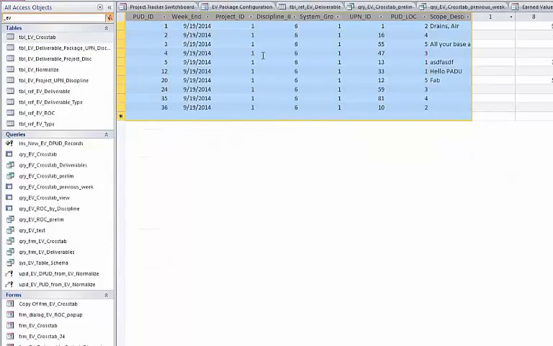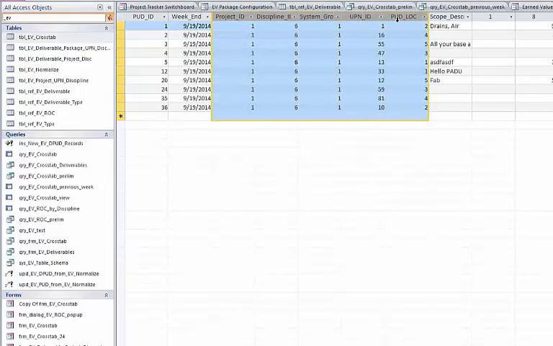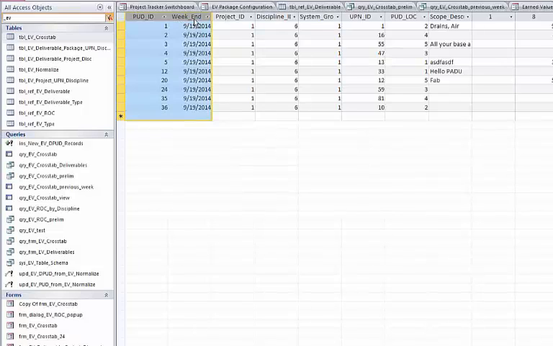All of these columns here are actually represented by this ID. So I just need to write out that ID, the weekend, in this scope description that I let the user edit, and then 1 row for every one of these columns. So the normalized version, let me save this